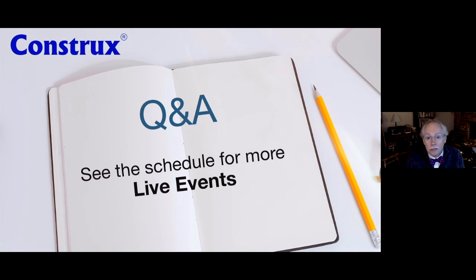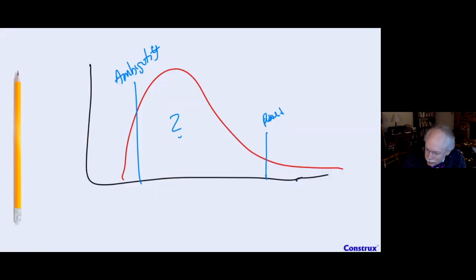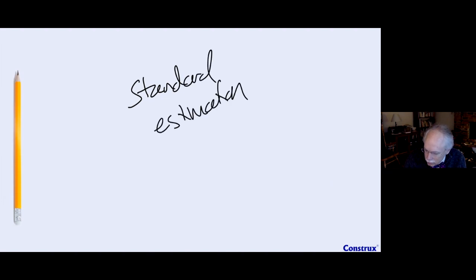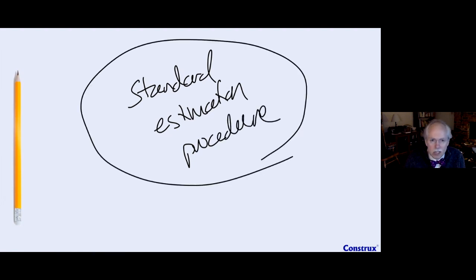So here's where, if you have a couple of tricks up your sleeve, one of the best tricks is to create for you and the leader, if you can do it ahead of time, what's called a standard estimation procedure. Usually if you do this before you get caught in that, it gives you something to say: well, I'd love to come up with an estimate. We have an estimating procedure that you and I have agreed to. Let's invoke it and come up with your estimate, which will save you from the ambiguity estimate.